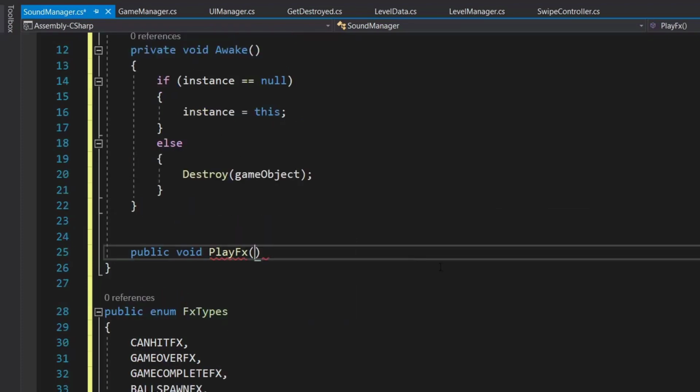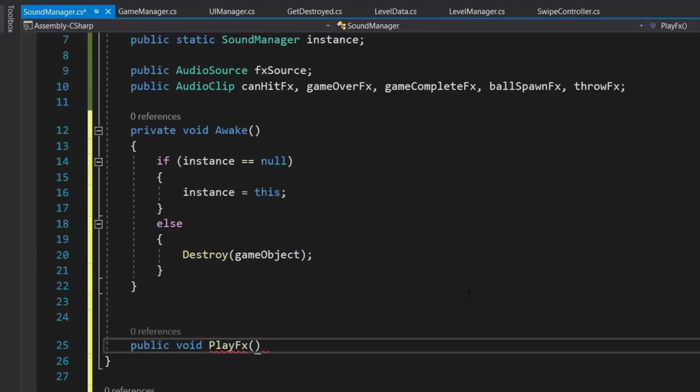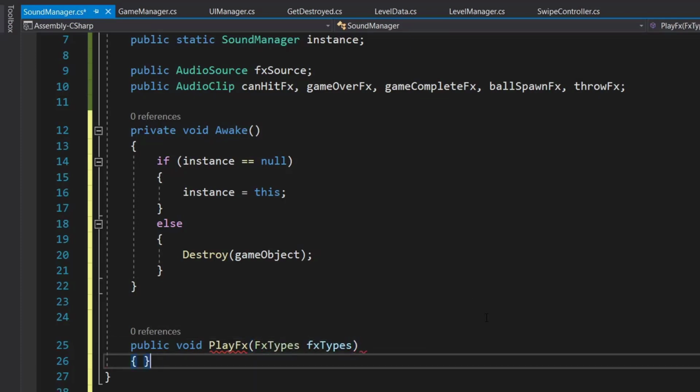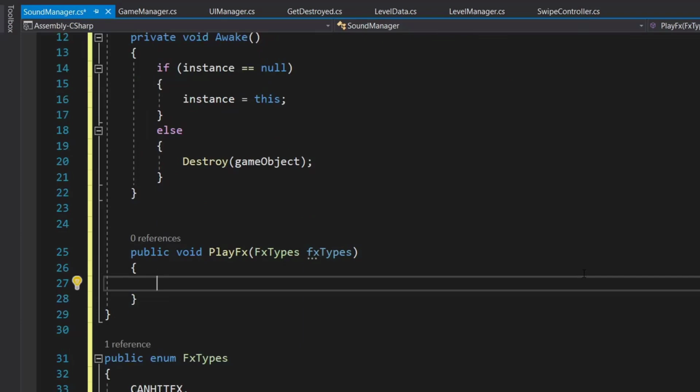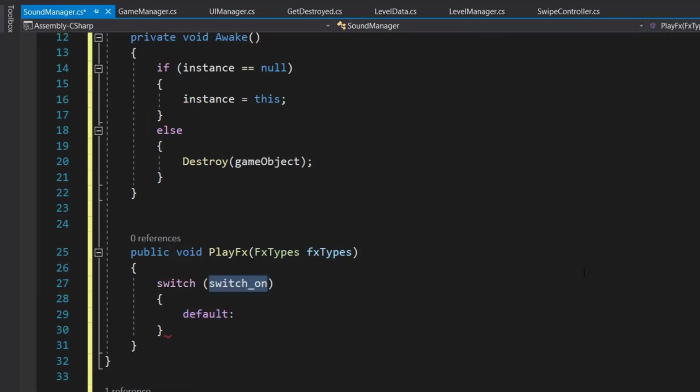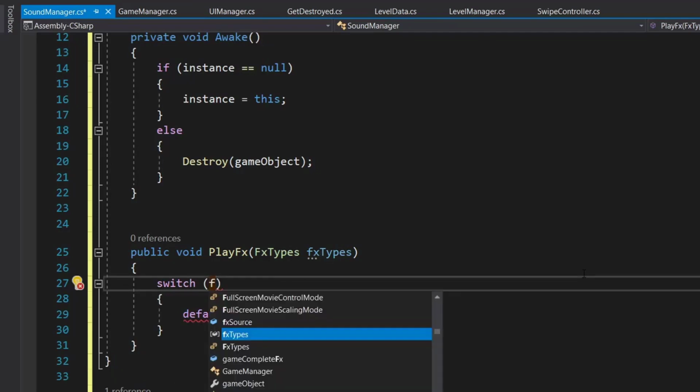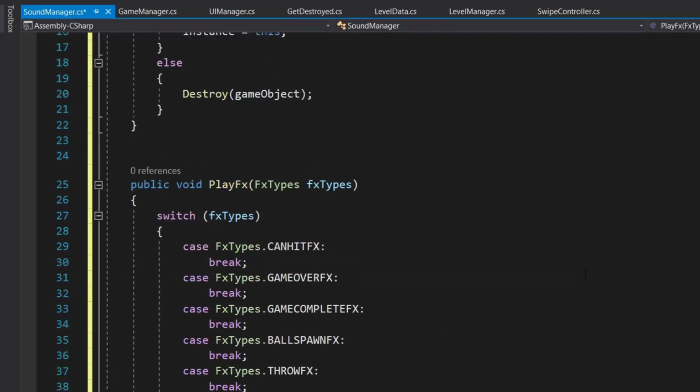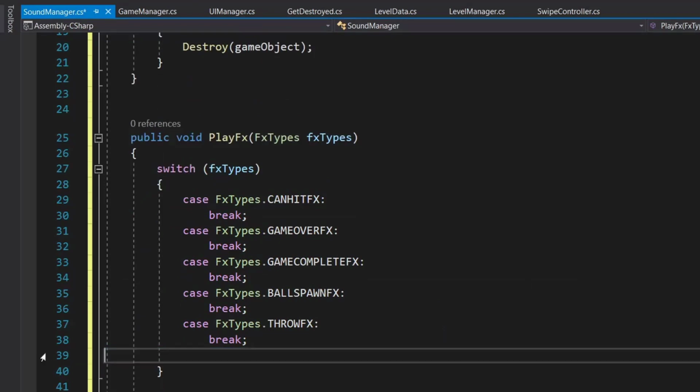Our playFX is a method which we will be calling from other scripts to play our sound effects, and it's going to take a parameter fx type, and here we will be using our switch cases. So tap, and before the switch case type will be of fx types, and you can see we are having all our cases.